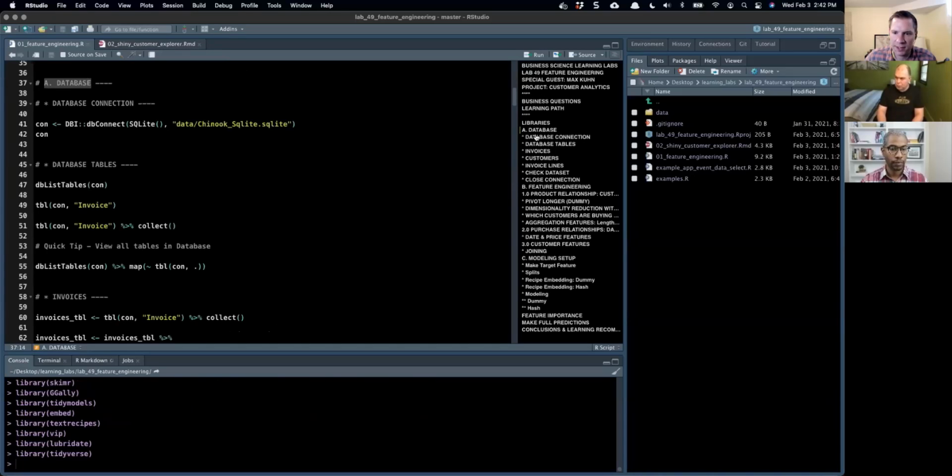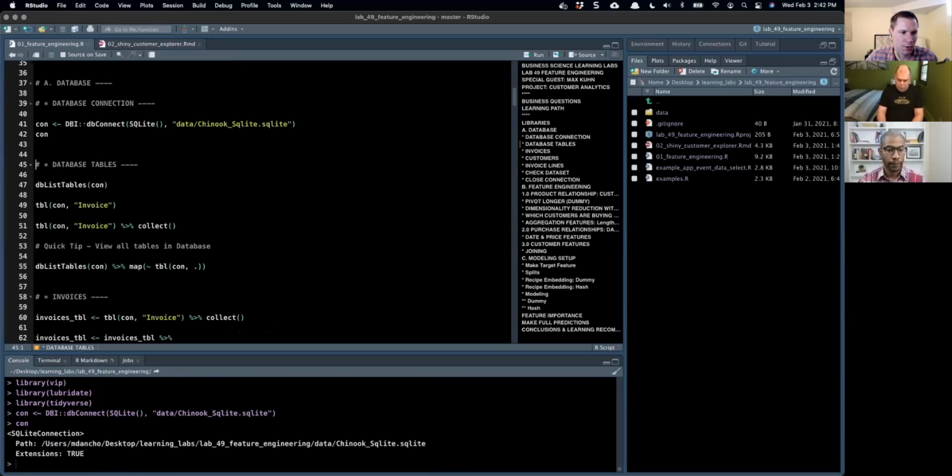So the way I have this structured is A is the first part. We've got part B, which is going to be feature engineering, and then part C, which is modeling. We're going to go through it all. So, database connections. I'm connecting up to a database right now using the DB connect, and this is connecting up